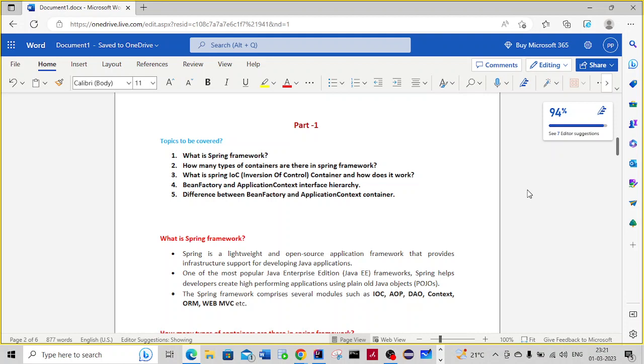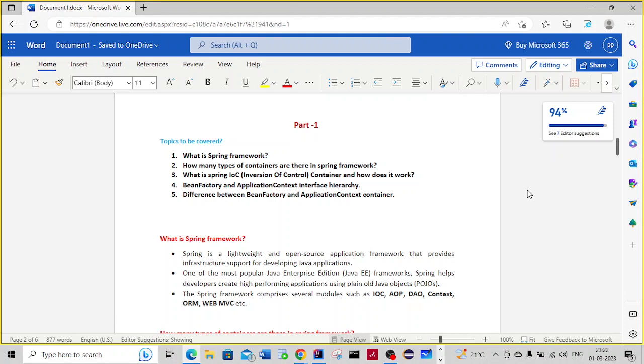And as part of this Spring Framework, I'm also going to discuss the design patterns that are used in the Spring Framework. For example, I will discuss the strategy design pattern, the factory design pattern, and many other design patterns, such as the singleton design pattern. All these design patterns, which will be needed going forward, I will discuss one by one with detailed examples, and